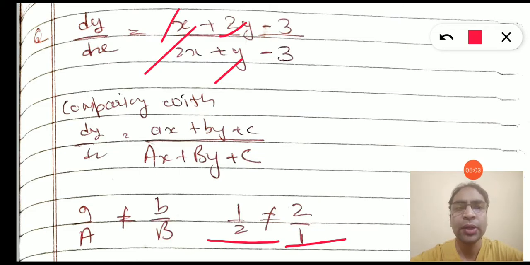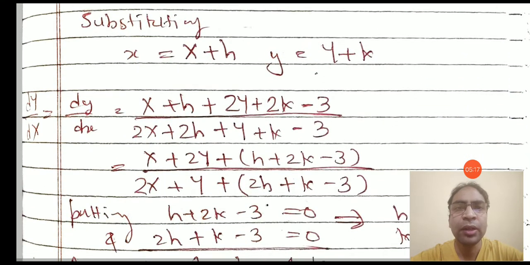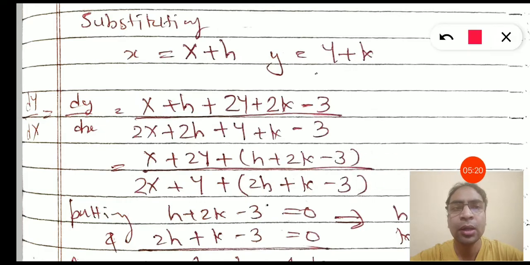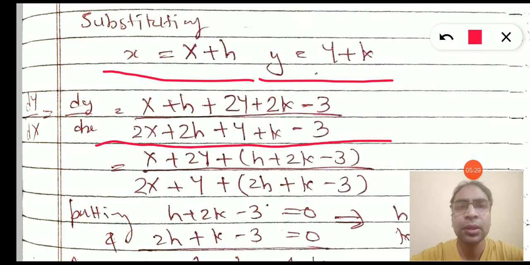Once case 1 is applied, we can apply the working rule for case 1 and reduce this equation to the homogeneous equation. So let us apply case 1. To apply case 1, we need to substitute x by capital X plus h and y by capital Y plus k. On replacing these values into the equation given in the question, we have this new equation. We will solve it a bit, and we have this as the form.